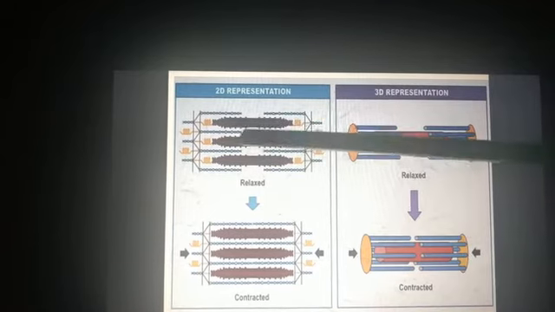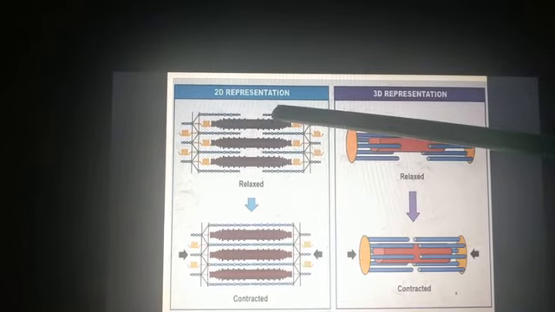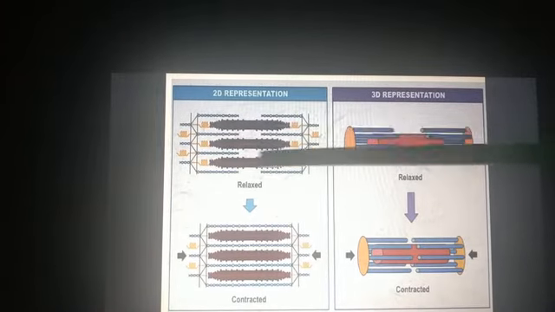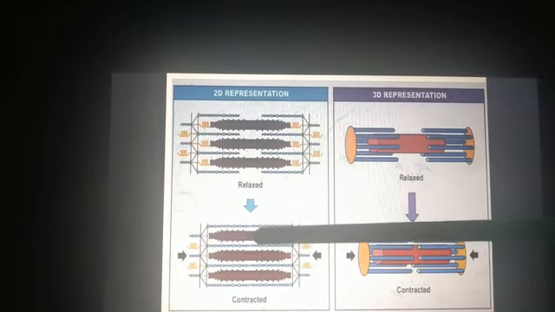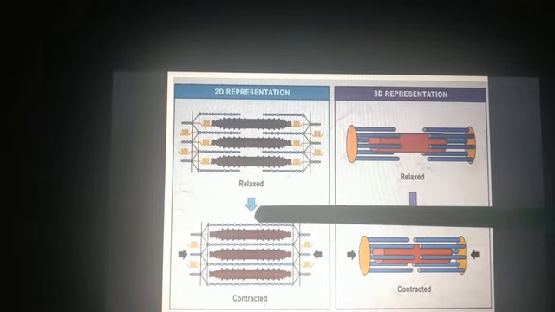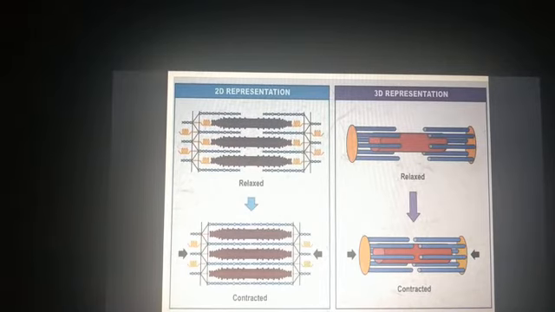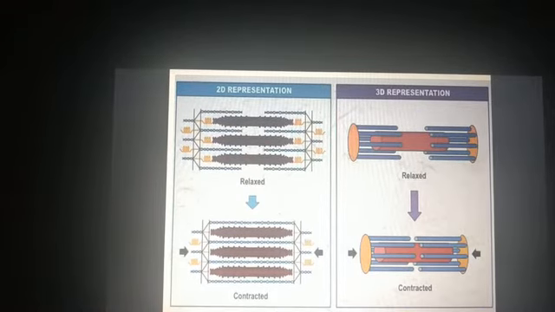See here students, this red part, this was our myosin, right? And this blue color line here and here, these are the actin. This is in relaxed stage. So when muscle contracts, this myosin head or the cross bridges, they come in contact with the thin filament, that is with the actin, and this occurs in presence of energy, that is in the form of ATP. So thin filament, they are pulled towards the middle of the sarcomere.